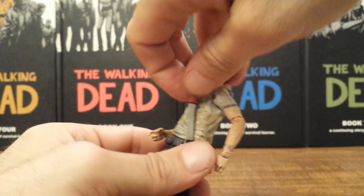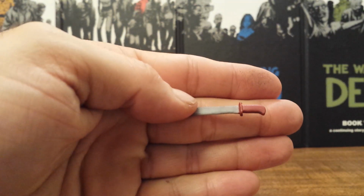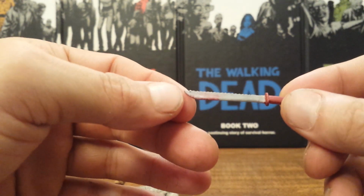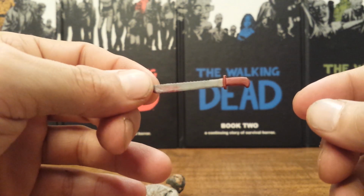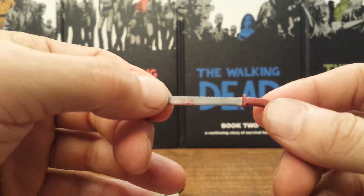And this red-handled machete actually has a lot of custom work into it. So, let's get up close and take a look at this. Now, this is basically the same machete that came with the Series 6 Rick Grimes. However, there's one big noticeable difference, and see if you can guess right now what it may be, but it